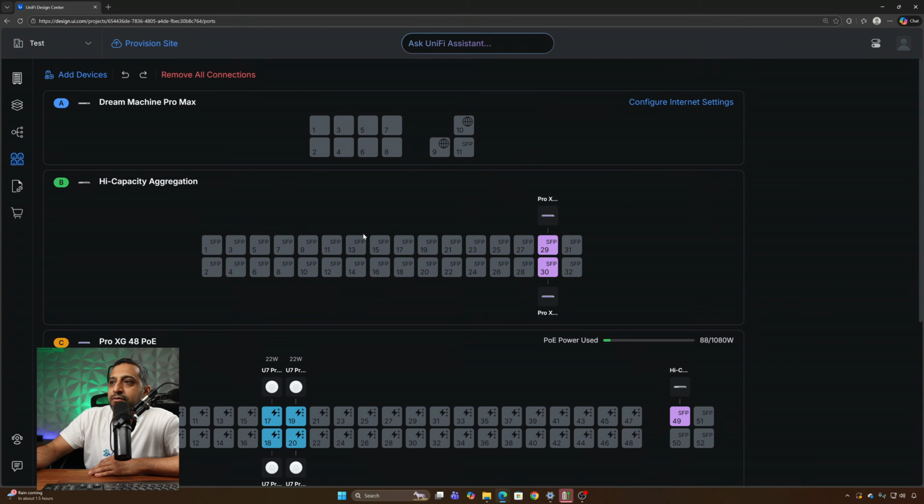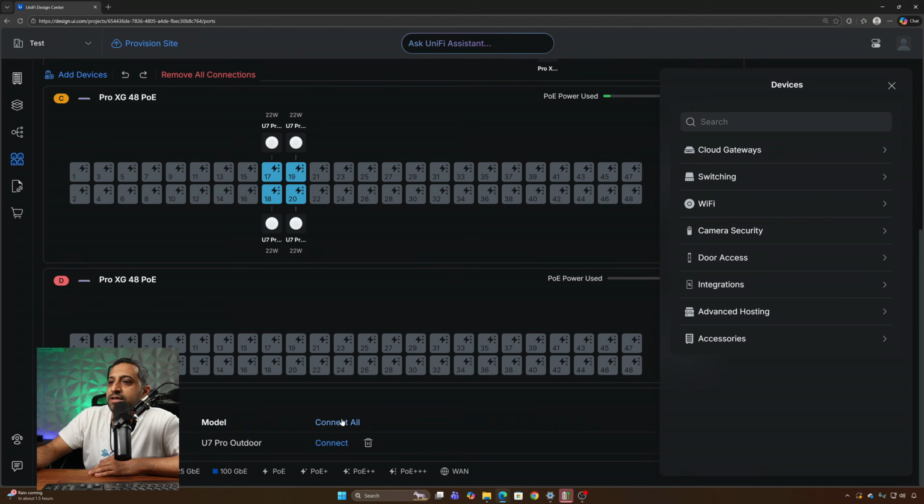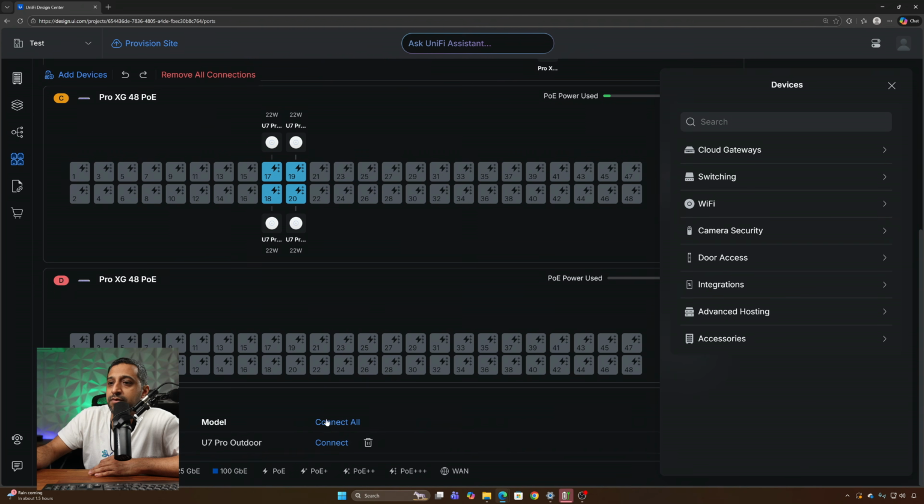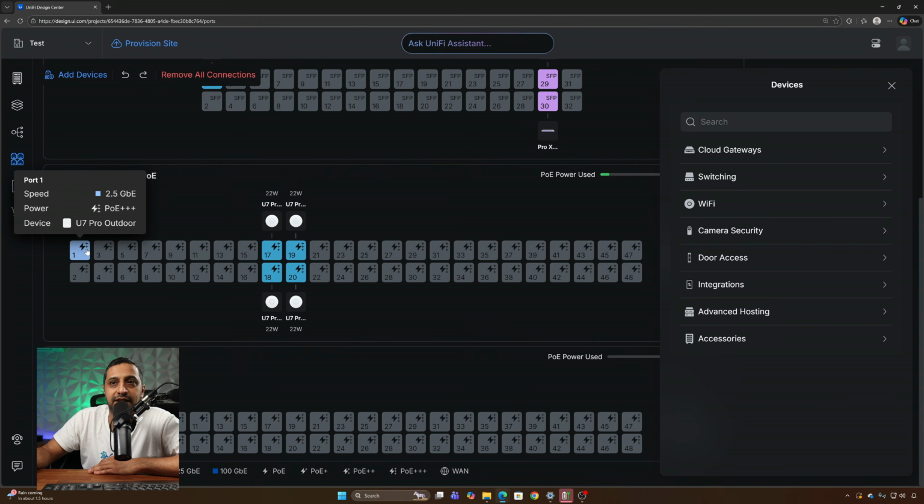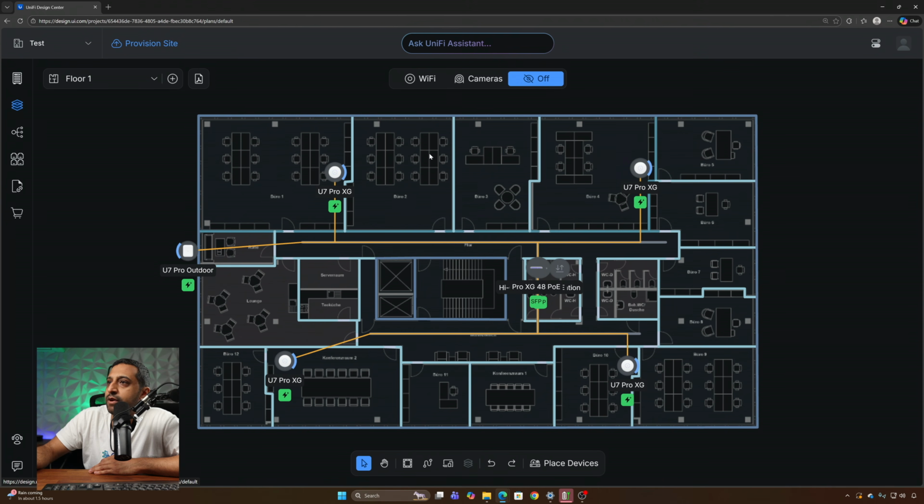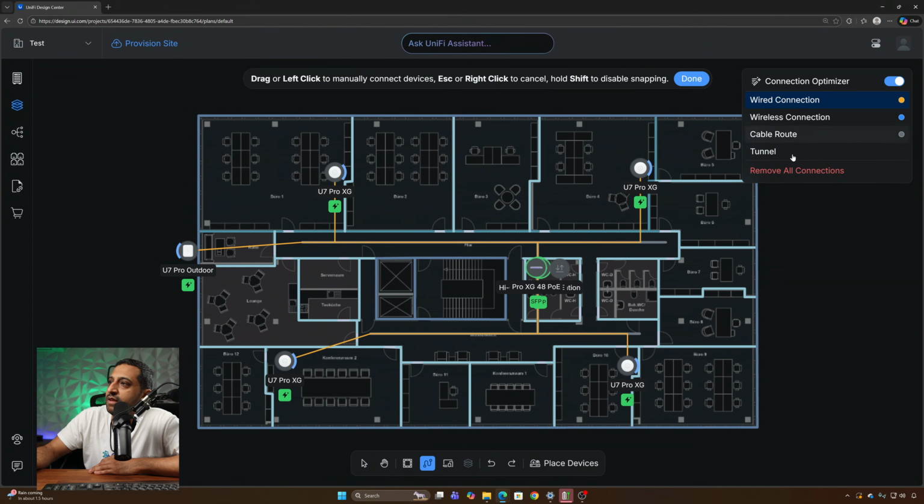So the high capacity aggregation switch, which we have the two Pro XGs connected into, but we don't have it connected to here. So the way to do that is you click connect, and it goes off and connects it to the Dream Machine Pro. So we can see we're connected straight there, which is perfectly fine. And then same with the U7 Pro Outdoor, then goes off and gets connected also as well. So now if we go back to our drawing again and we click on cables, you'll see that's disappeared now